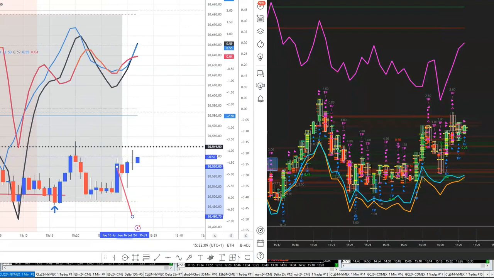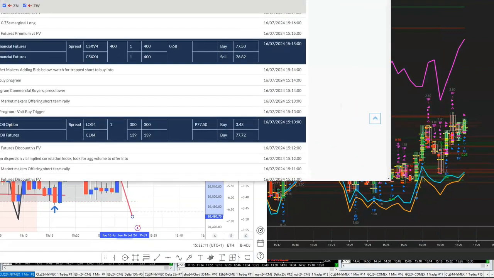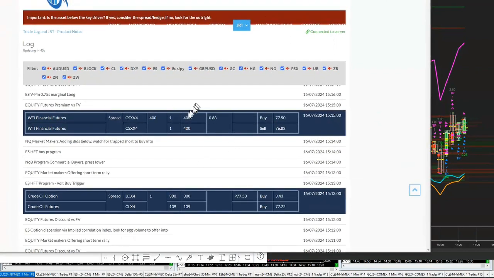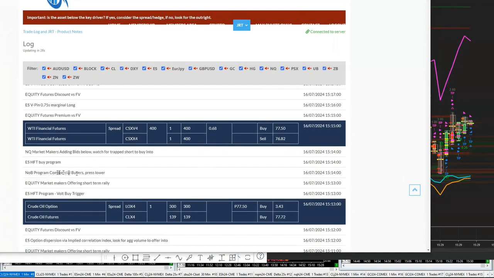So what we do when we're looking for a new narrative is we look at, for example, our trade log. You'll see in the trade log, for example, at 1514, NQ, market makers are adding bids below the market. Watch for trap shorts coming to buy into right there. So we started to see that. We started to notice the NOB program commercial buyers are coming in as well. So obviously if the NOB is going to be bought, then we know that's probably going to be bullish equities. So we can start recognizing that at 1514, we can start using those elements to try and find possible